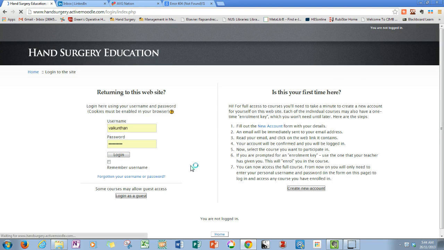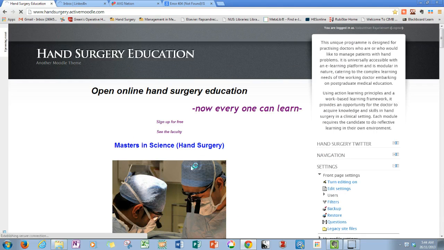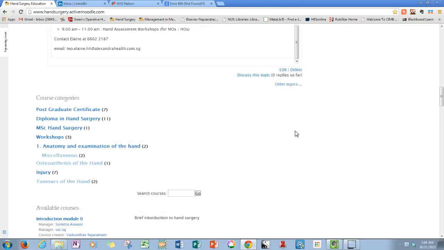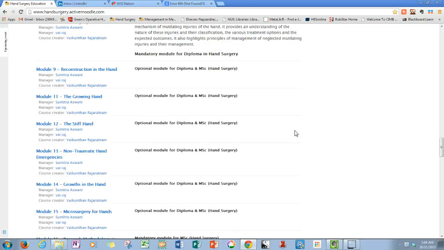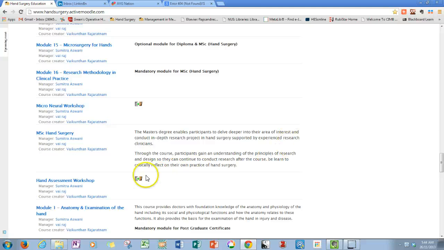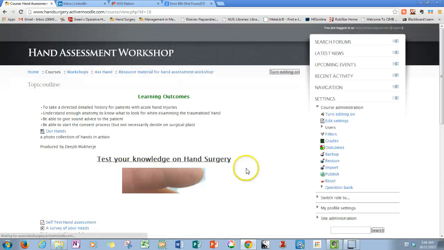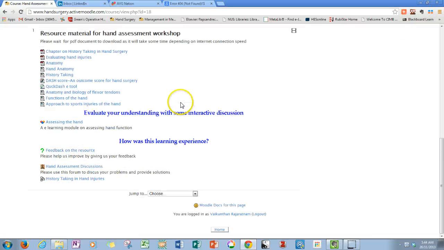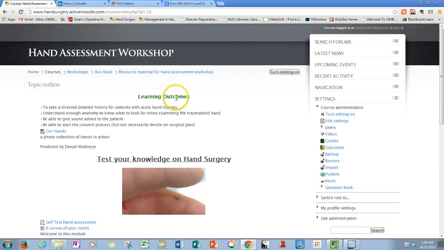I'm logging in as an administrator, which gives me the full functionality of the learning management system. We're now going to go down to the module that we would be demonstrating here on the use of this learning management system Moodle. It's the hand assessment workshop, which I click on, and I have the whole materials here that has already been